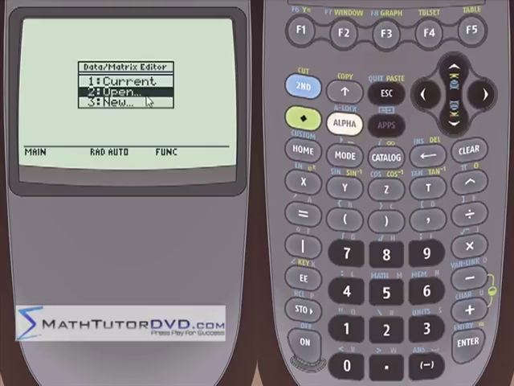So we have a couple of options. Normally you're either going to be creating a new data set, which is just a new listing that you'll name, and that's what we're going to do here. But in a few minutes, once we have something stored, you can of course open it and edit it and modify it later. So let's go ahead and create a new guy now. And again, your menu might look slightly different, but there'll be a place